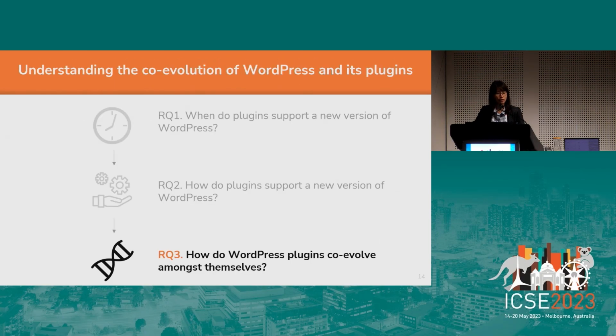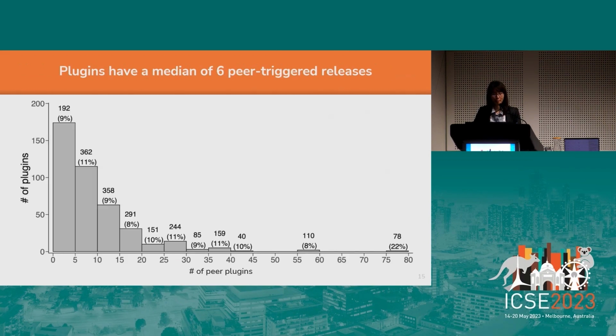So the final question studied the co-evolution among the plugins themselves. So we observed that plugins have a median of 6 peer-triggered releases, and the changes in these peer-triggered releases were made according to a median of 5 other plugins. And because peer-triggered releases are not expected by the developer, because plugins are designed to extend the functionality of the WordPress platform,